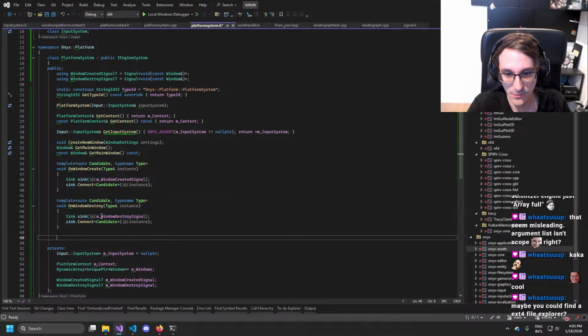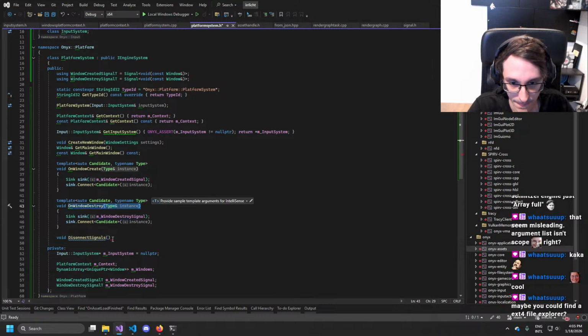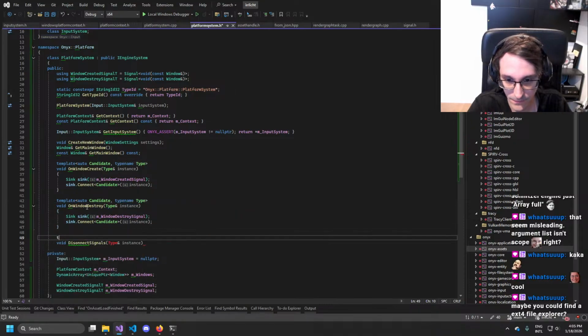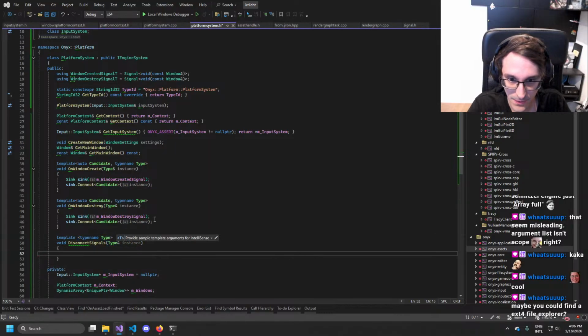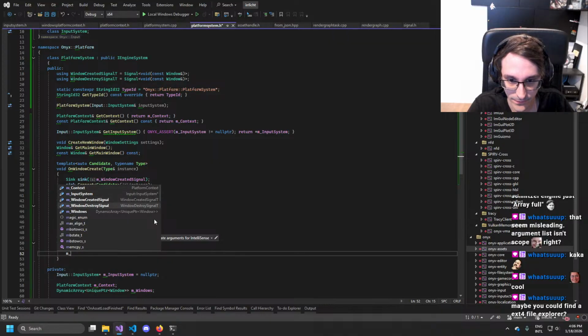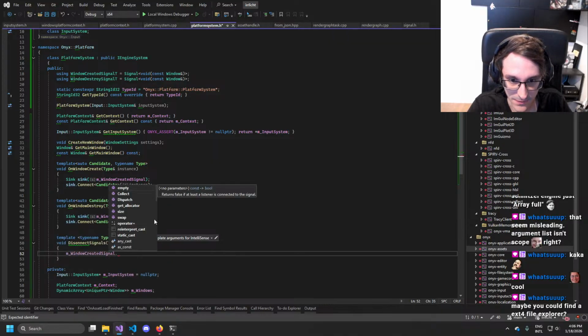And then I think I want to have as well a void disconnect signals where we get a type. And that is basically window created.